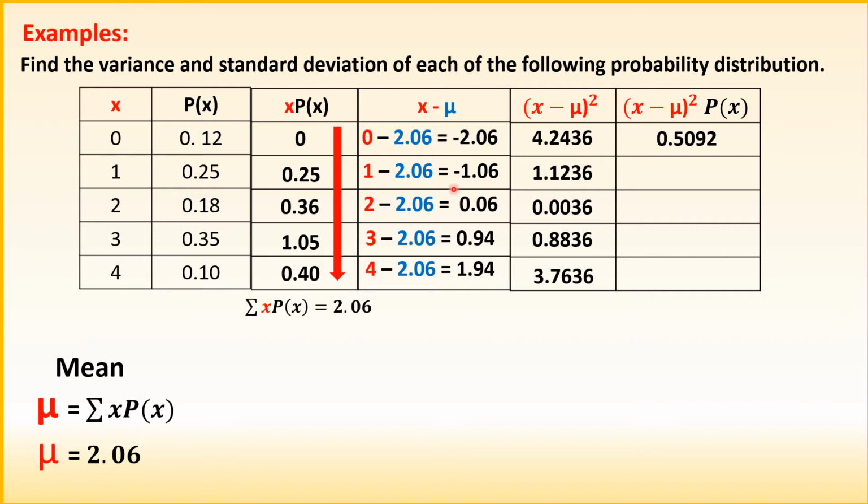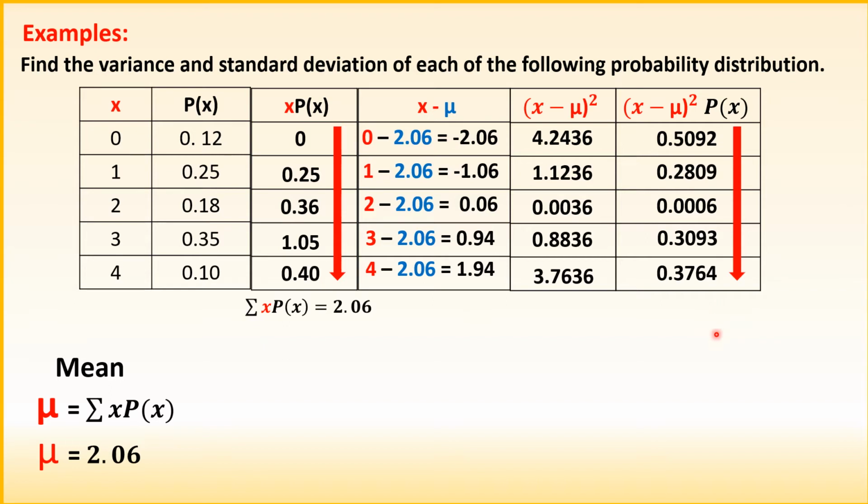Then 0.25 times 1.1236 is 0.2809. 0.18 times 0.0036 is 0.0006. Then 0.35 times 0.8836 is 0.3093. Then 0.10 times 3.7636 is